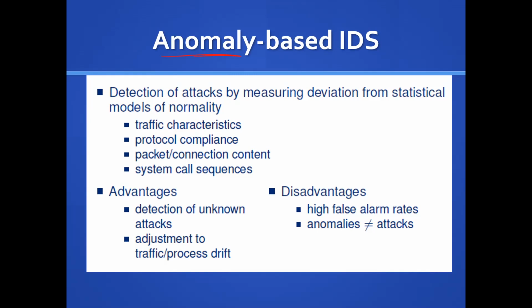That's exactly what it is. Anomaly-based is exactly that. You establish statistical models of normality, and then anything outside of that is flagged. You guys have taken your statistics courses, right? You know that there's a normal distribution with a mean and a standard deviation. Things that are closest to the mean are more normal. Things that get outside of it are less normal, right?